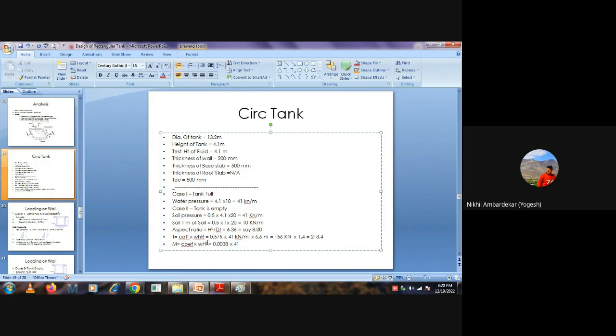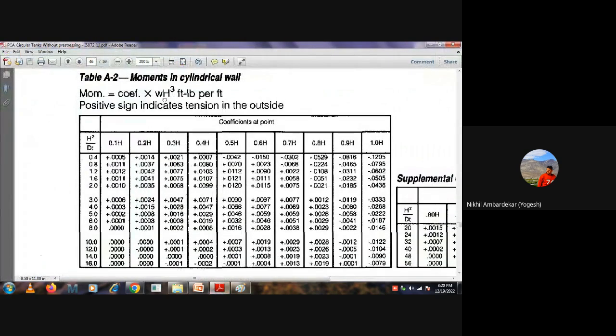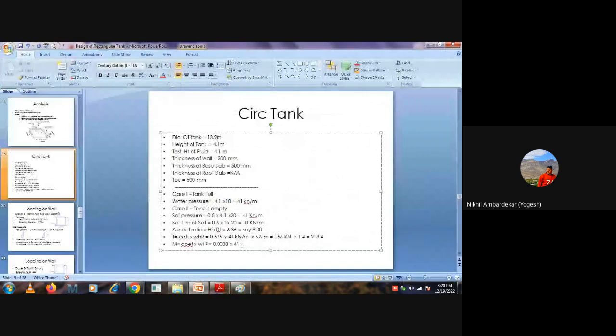We have H cube, and WH means 41, so you can just apply it two more times, right? 4.1